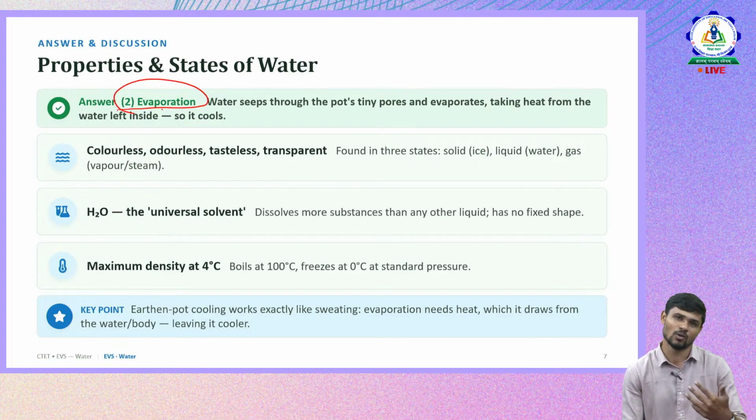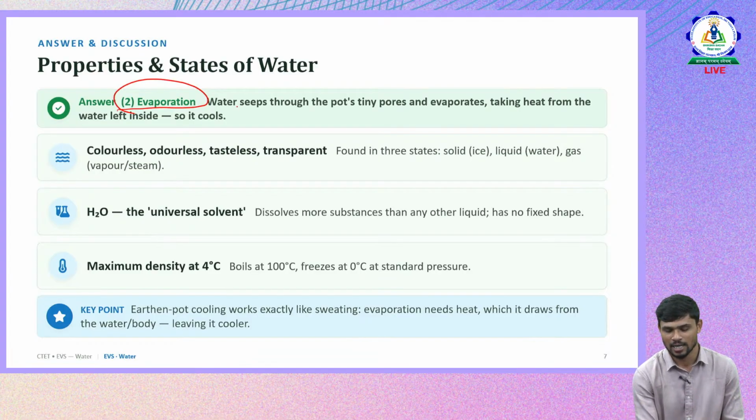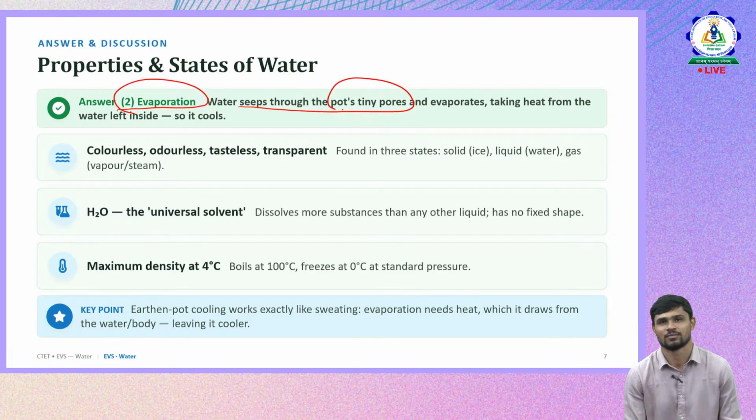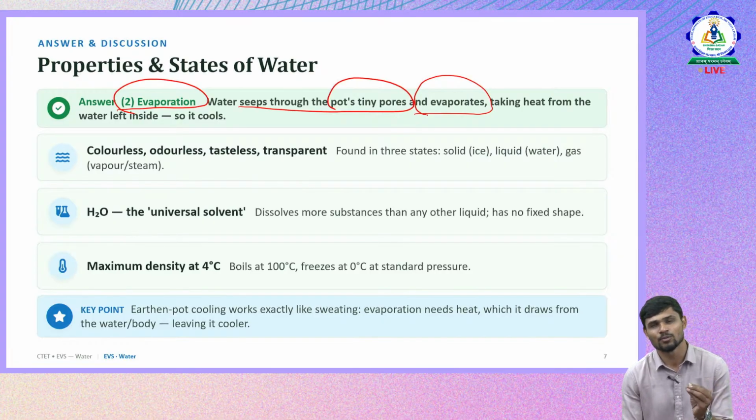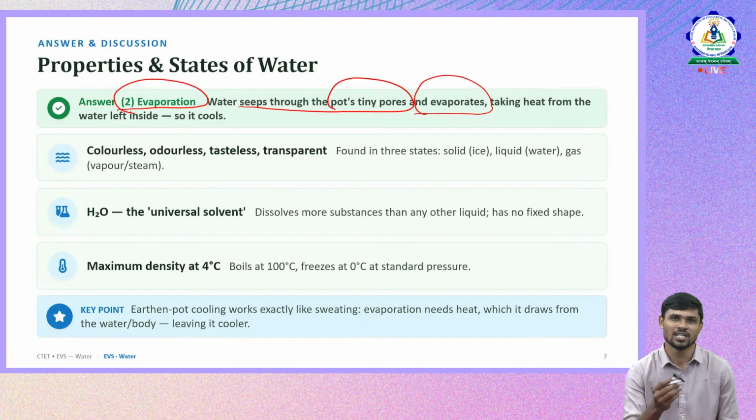evaporation. So you might think, how does evaporation take place from a pot? It takes place because the earthen pot has tiny pores, through which water moves, and because of heat it evaporates. When water moves through these tiny pores and evaporates, it also takes heat from the water. So heat is going out in the form of evaporation,